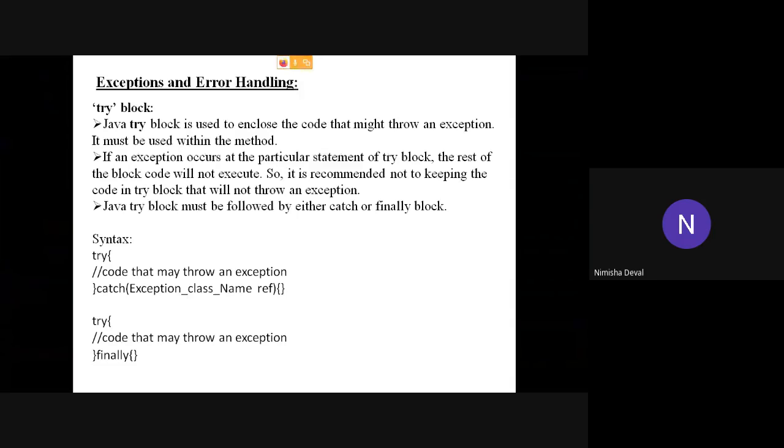See, try block. The try block is used to enclose the code that might throw an exception. It may be used within the method, as we have seen in that chart only. If an exception occurs at a particular statement of the try block, the rest of the code will not get executed, right? So it is recommended not to keep code in the try block that will not throw